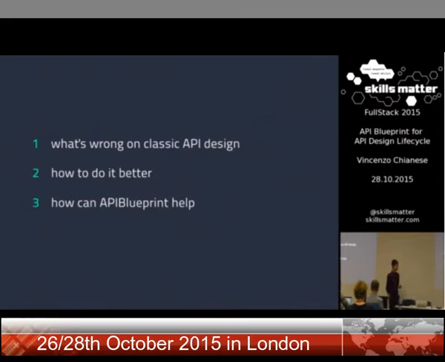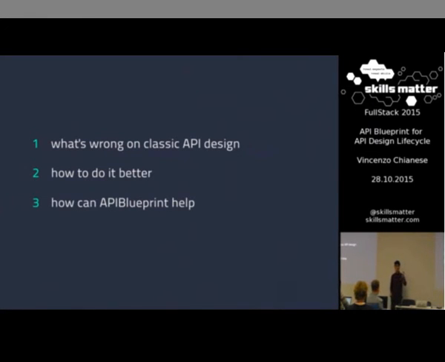So before we start the journey, how many of you already know something about API Blueprint? Could you please raise your hand? Just my coworker and the guy over here. How many? Does anybody use API Blueprint for something? Neither my coworker does. Okay. What am I doing here? So by the way,